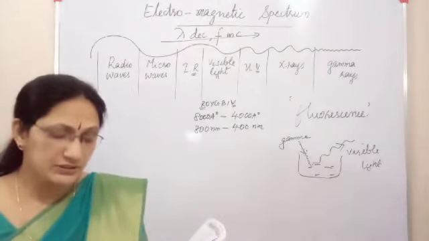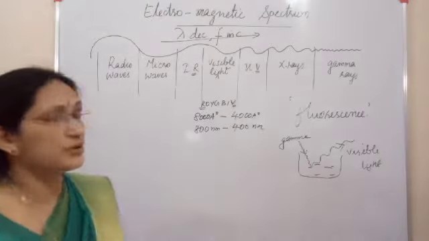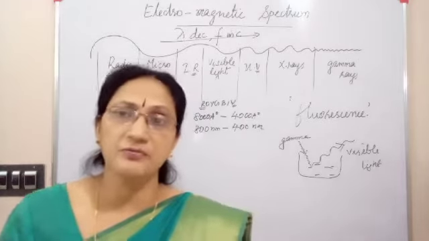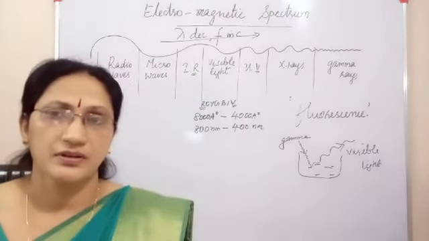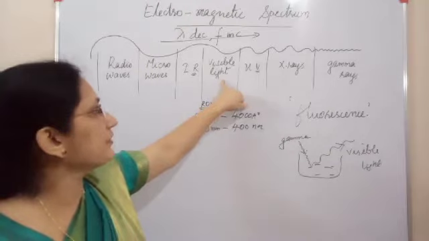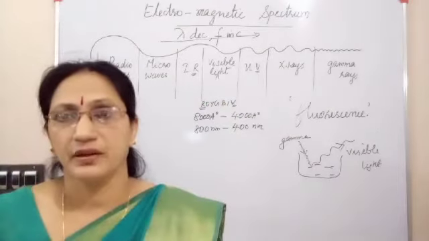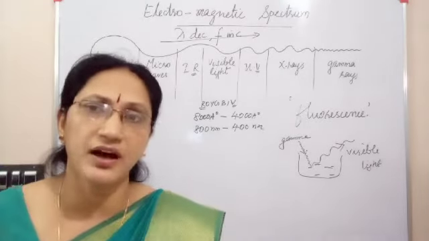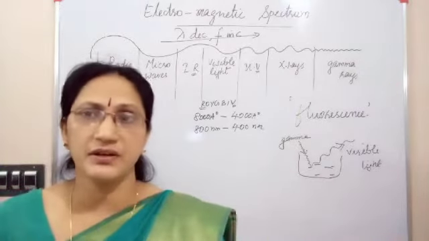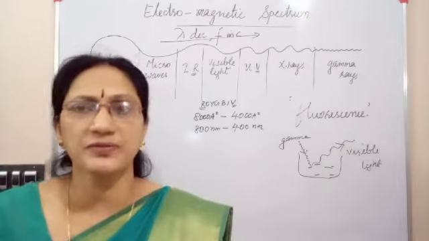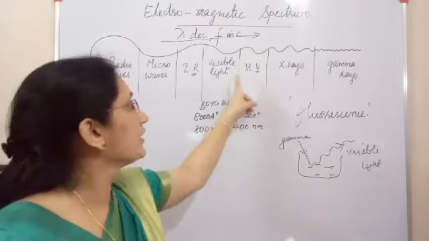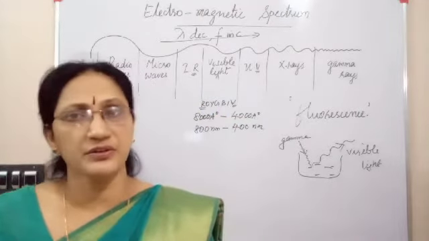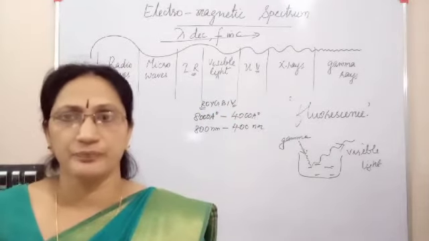And these heat radiations are used in several places. You might have heard about infrared photography. In ordinary photography, we use visible light, but you can't have ordinary photography in darkness. An object which is in complete darkness, its photography is impossible with the ordinary camera, because in an ordinary camera, visible light is required to take a photo.